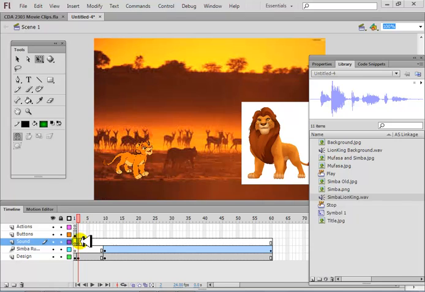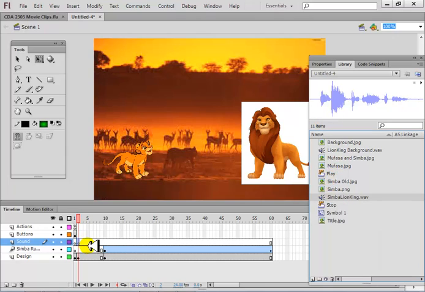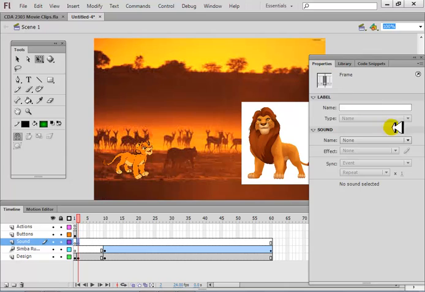At this point, on this keyframe, I'm gonna drag and drop. So can I just show this to you? Yes, drag and drop this over here, okay, drag and drop doesn't work in this version. In Flash CS5, you can drag and drop this over here, but right now I'm using Flash CS6. In Flash CS6, you can click on the frame, go to properties, and you'll have a list of sound. You can choose the sound you need. So I'm gonna choose this Simba Lion King,